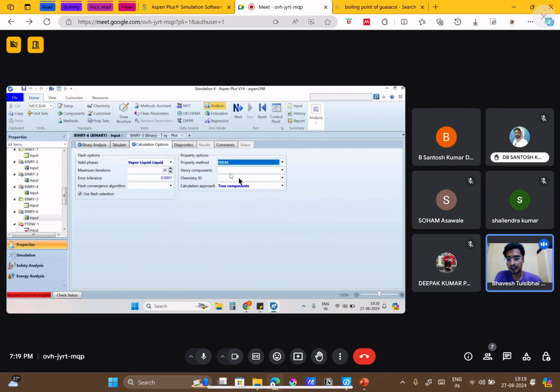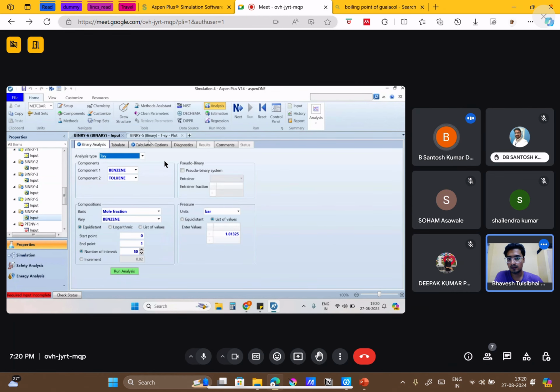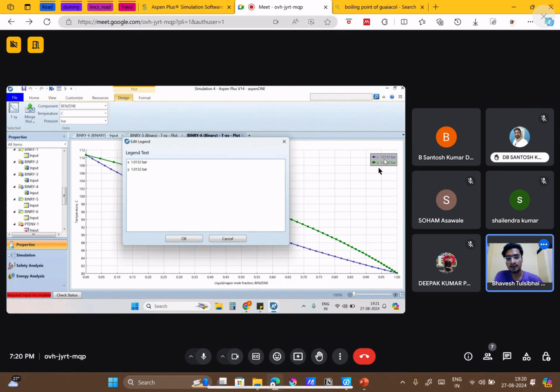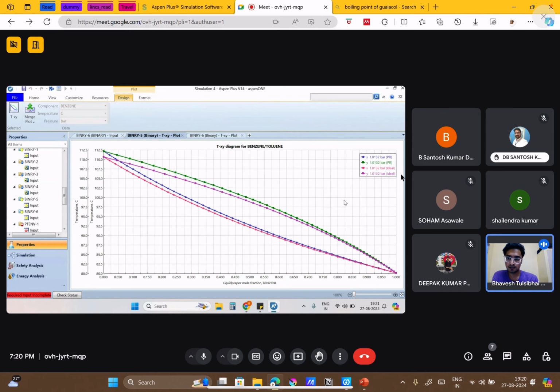Now select binary 5. Right now this is for Peng-Robinson. So binary 6 select for the ideal condition, and put ideal. Now you can merge both plots to see the difference between ideal and equation of state conditions.